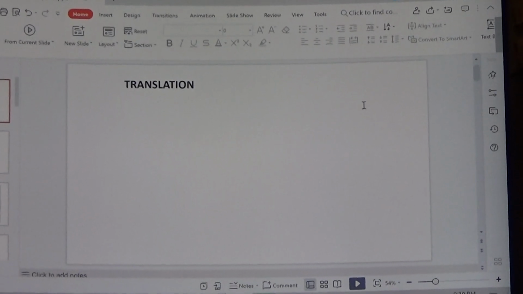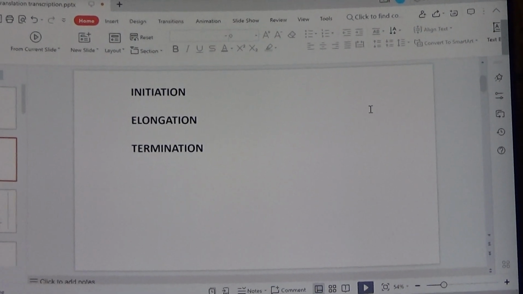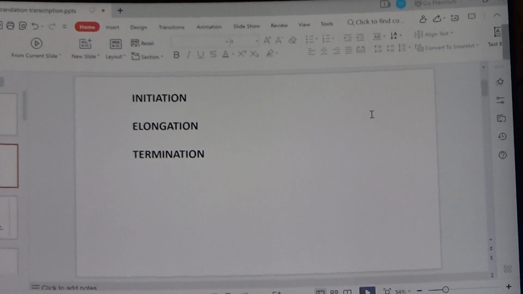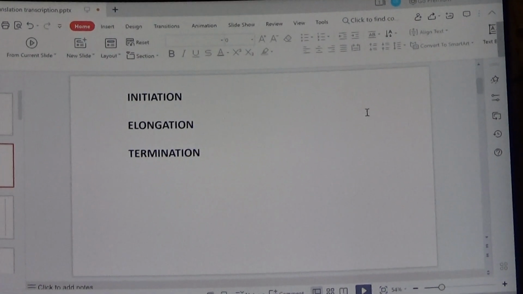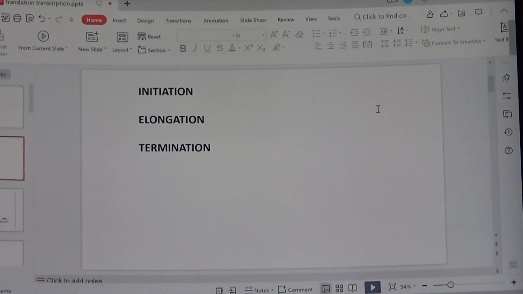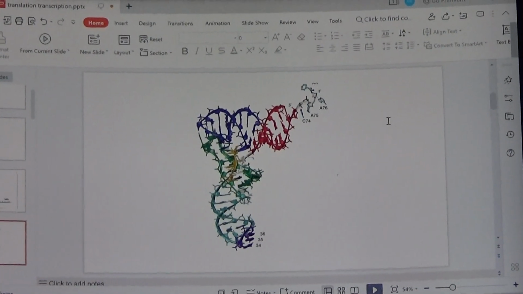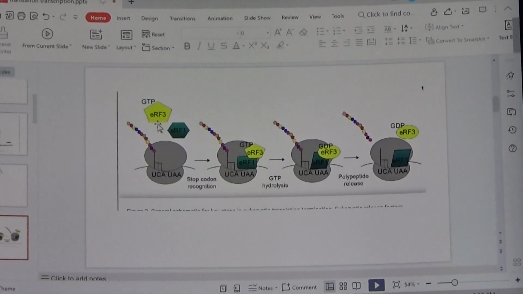So first I'm going to begin with translation. Translation is split into three stages, which is initiation, elongation, and termination. So for this process we will have the parts: the ribosome, the tRNA, and finally the release factor, which can